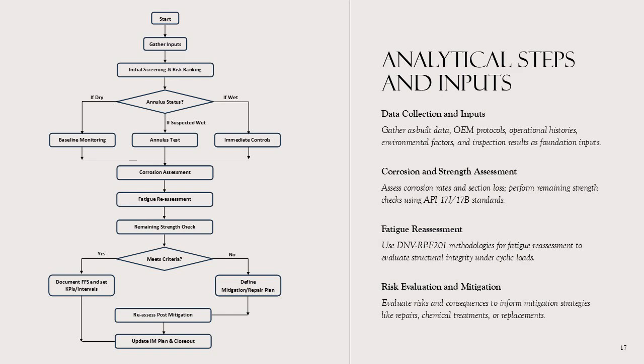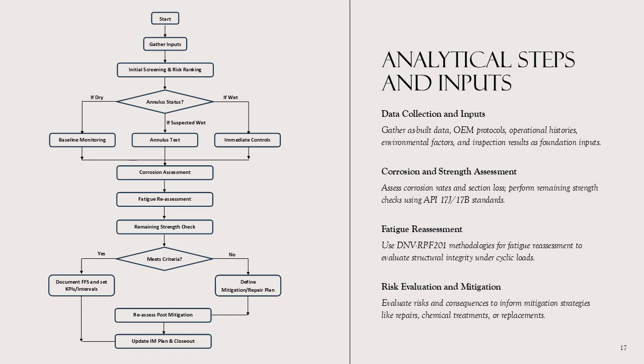Step 1 is to gather inputs: compile original equipment manufacturer or design data, operations history, metocean or vortex-induced vibration data, and latest inspections, gas, dew point, vacuum test, remotely operated vehicle. Step 2 is initial screening and risk ranking: prioritize based on age, dynamic severity, service criticality, and current annulus evidence. Step 3 is the annulus status decision: classify as dry or suspected wet or wet using current measurements and